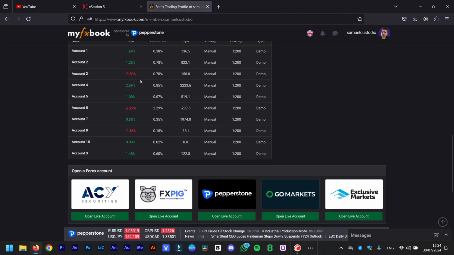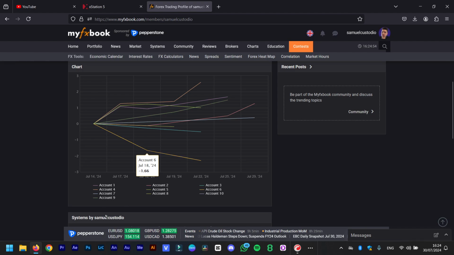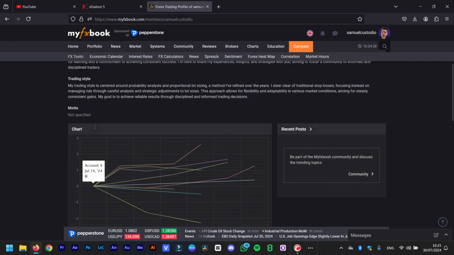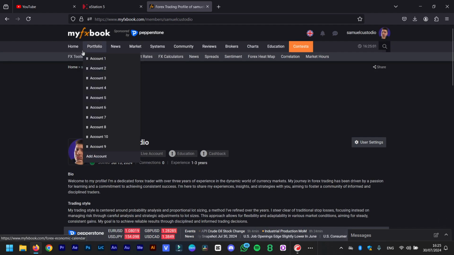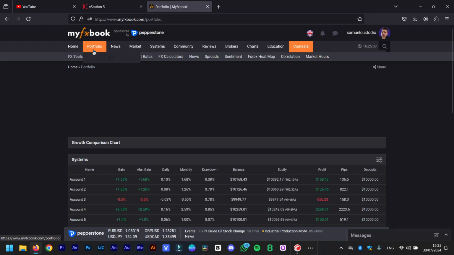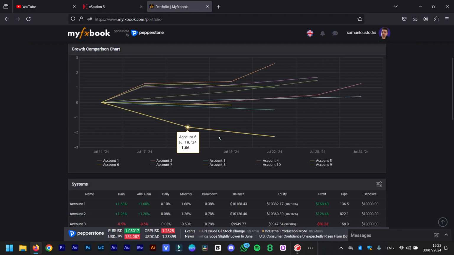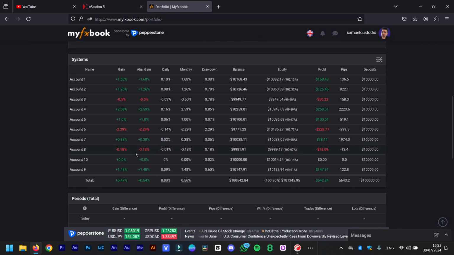It is still too early for me to be doing anything as of now, but as you can see, these are the things, and here's my portfolio. So as you can see, for account 1 to 10, in total we have $100,000 being traded and divided by 10 accounts. Every account has $10,000 each, and we have a total profit of